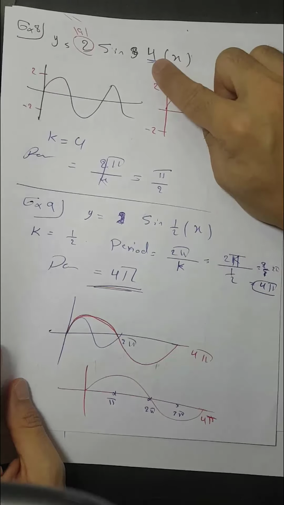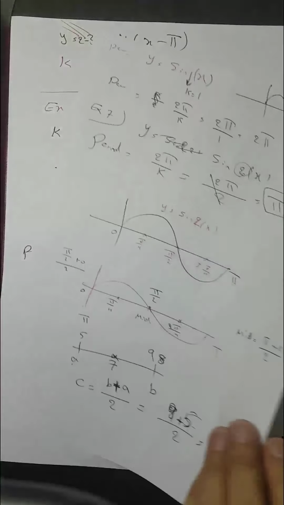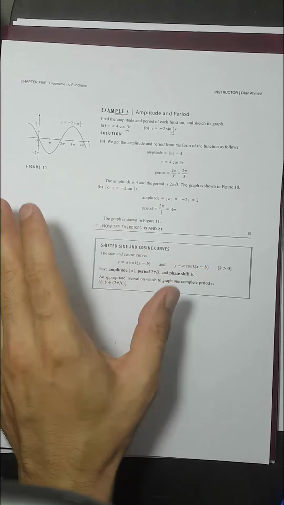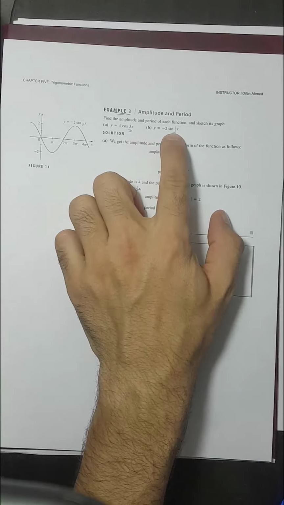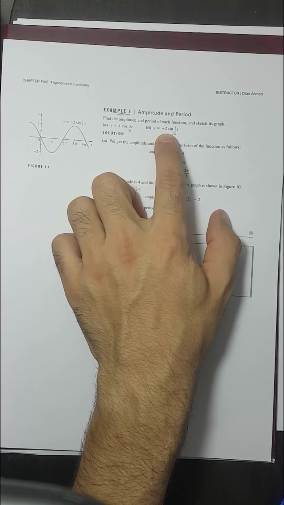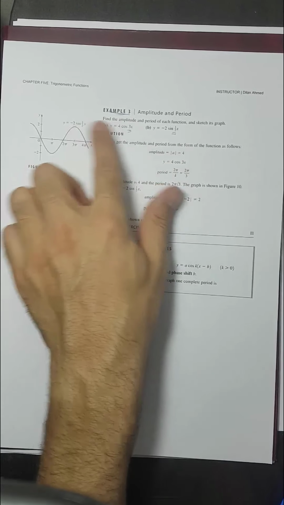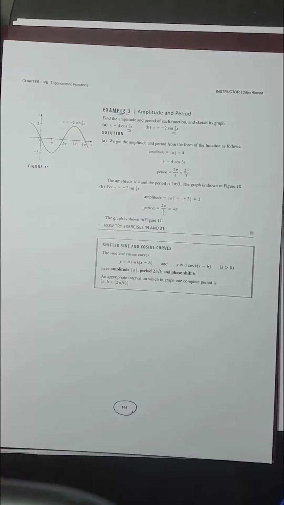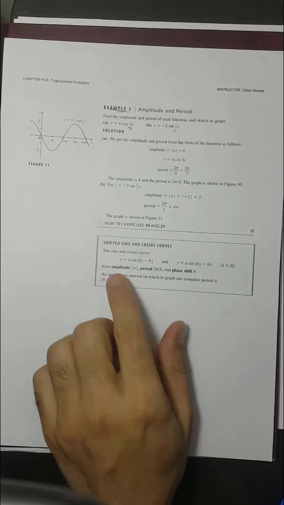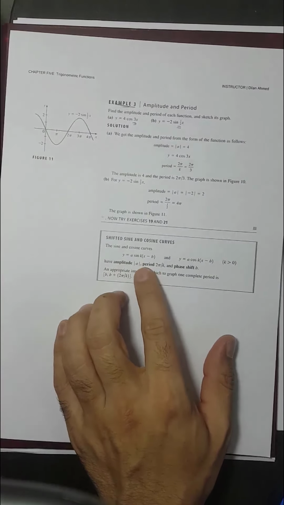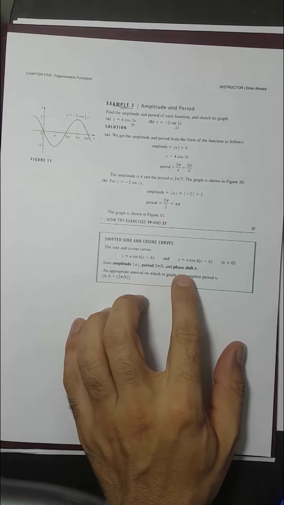Another idea is what is the period of the function. Okay. Now, as I told you, you can find more examples about period and amplitude. You can sketch example number 3. Next, I am going to show you how we have a phase shift